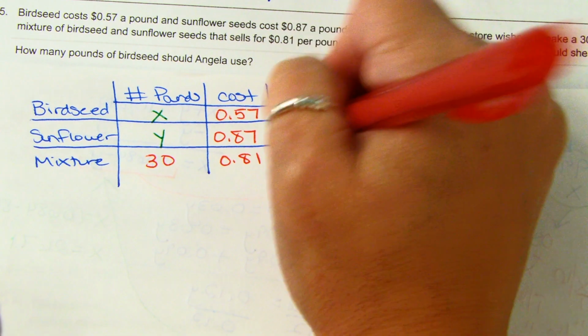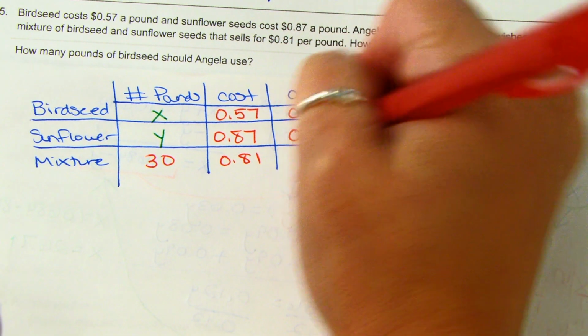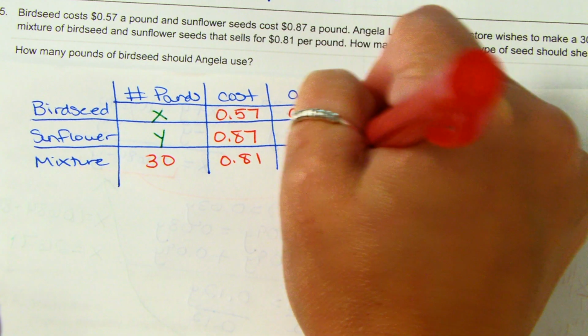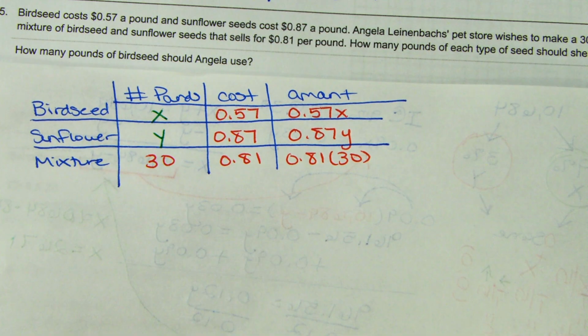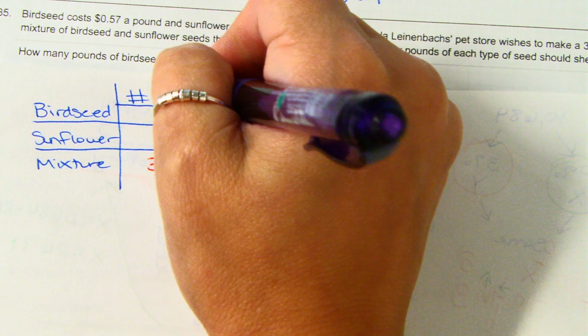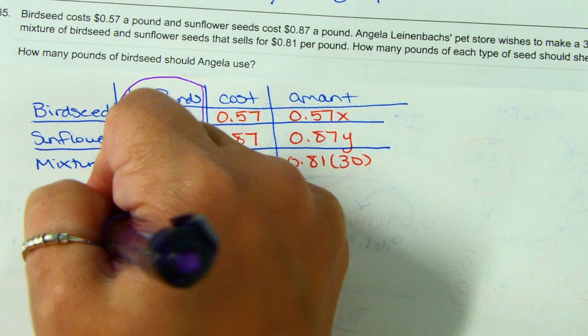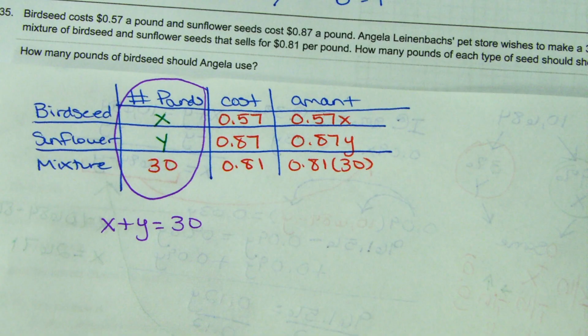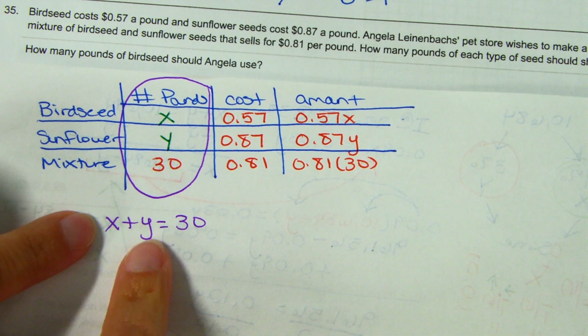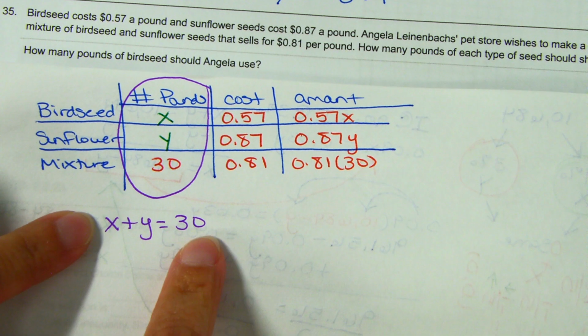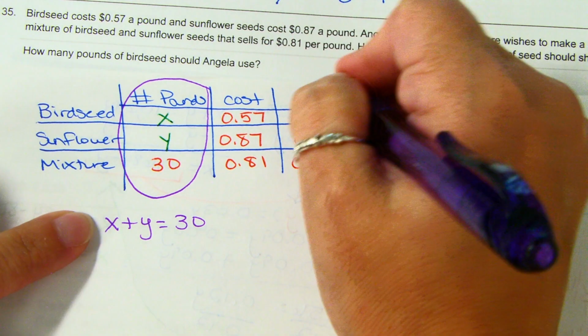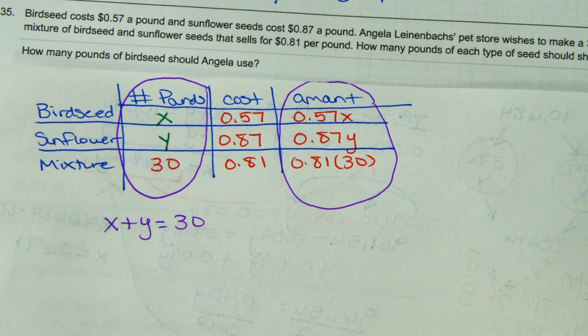So how does that help us? Well, this column gives us an equation of X plus Y equals 30. The number of pounds of birdseed plus the number of pounds of sunflower seeds has to add up to 30 pounds of the mixture. And this gives us our other equation. We have 0.57X plus 0.87Y equals 0.81 times 30. I have 2 equations, 2 unknowns. I can solve this using either the addition method or the substitution method,